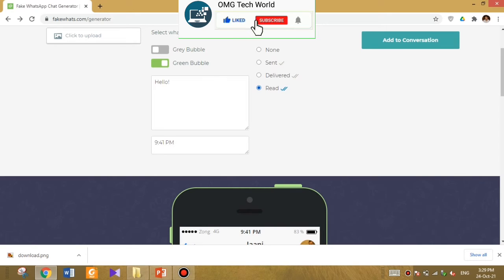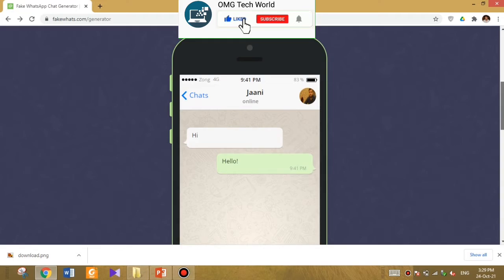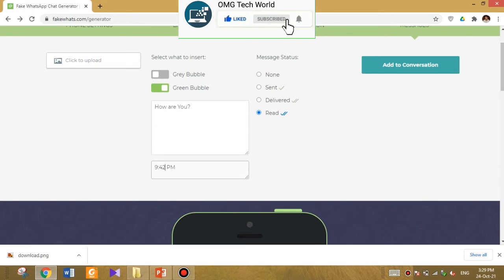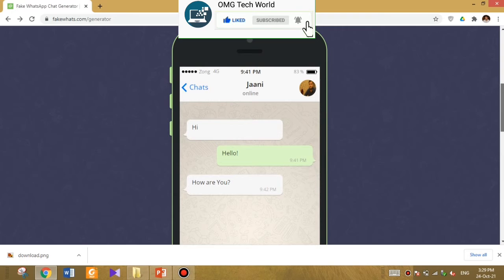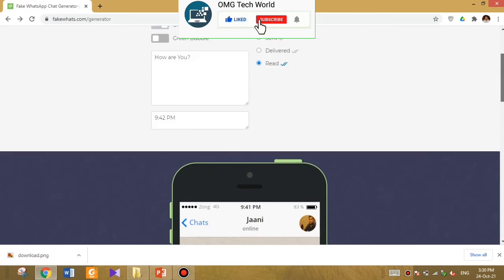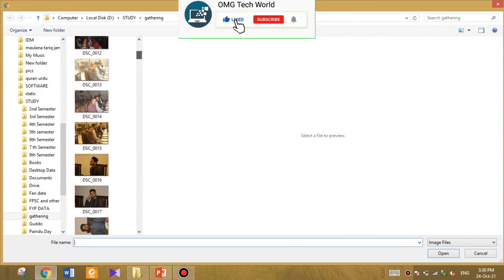And after clicking on add to conversation, you can easily add all that conversation into your fake conversation image. Moreover, you can type the message which you want to show as the written status in the image. Like you can see in the video, as I have typed the message and clicked on add to conversation, it has